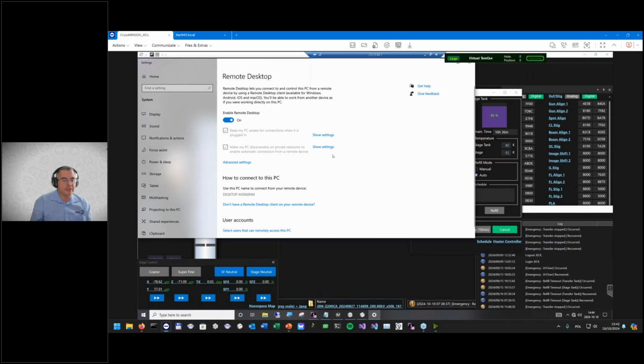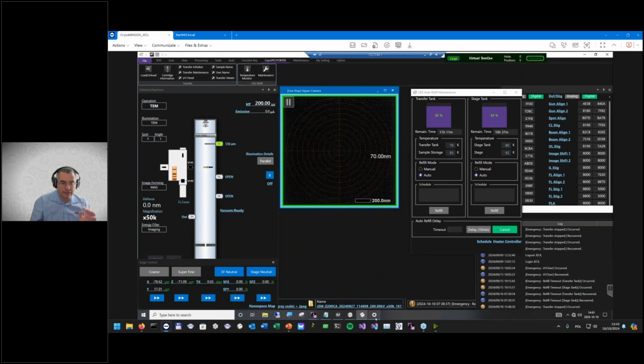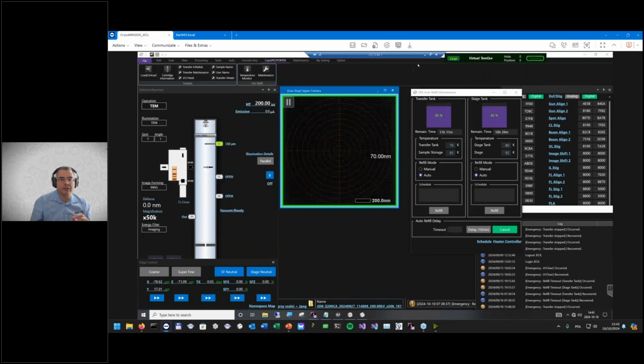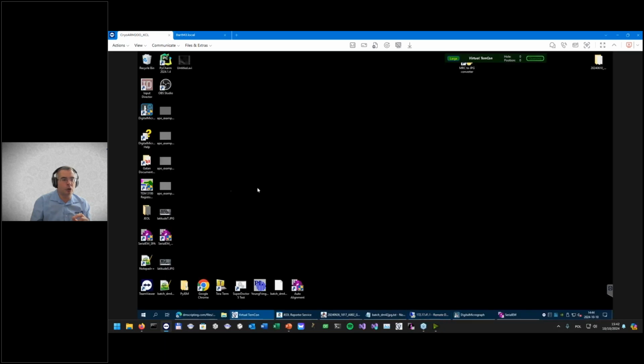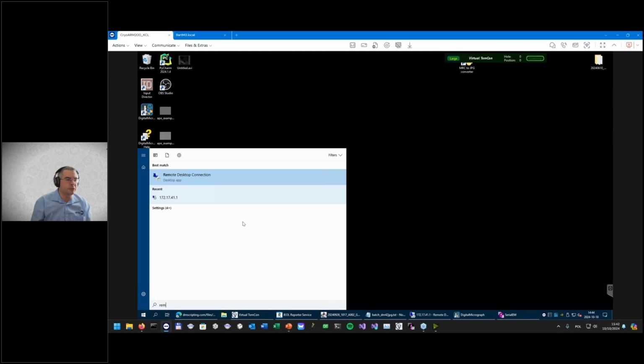Also, sometimes your local IT managers will give you some additional information about how to configure this connection. However, normally by default, the only thing that you've got to do on the JEOL PC is to enable remote desktop here. When this is done, you should be able to log in to the JEOL PC using the remote desktop